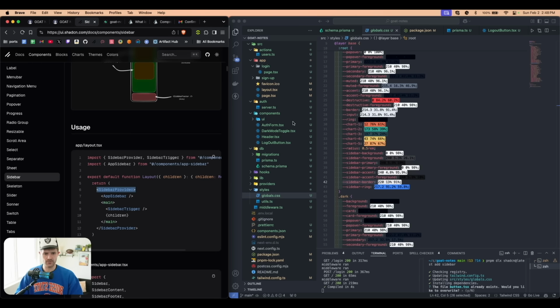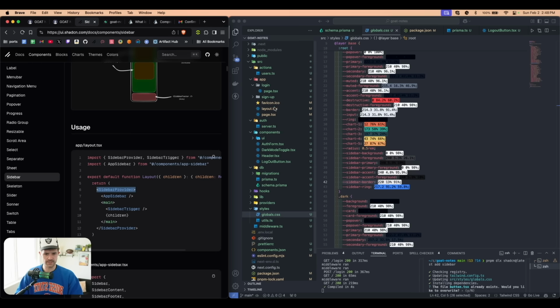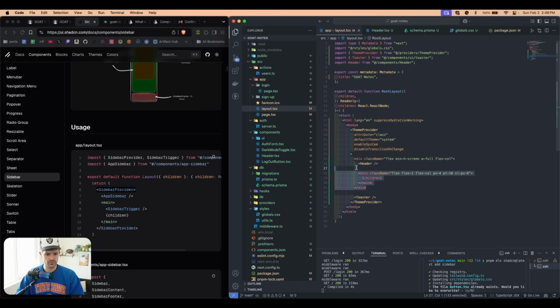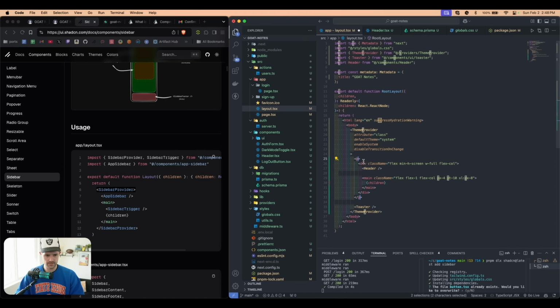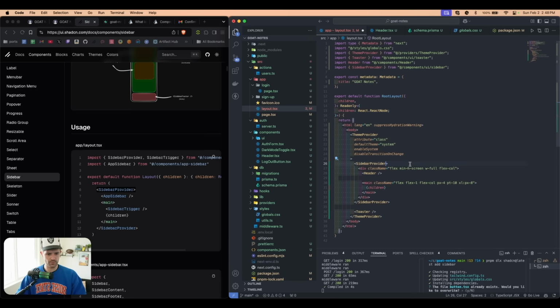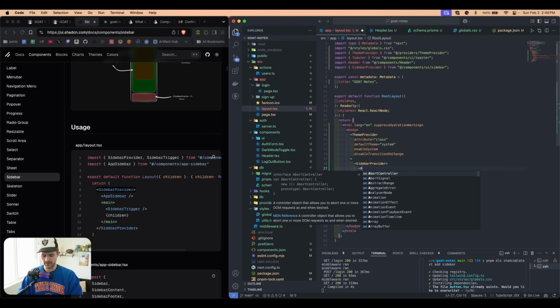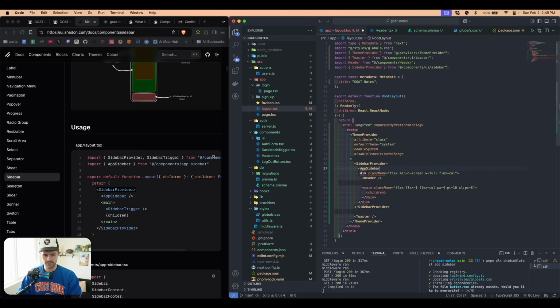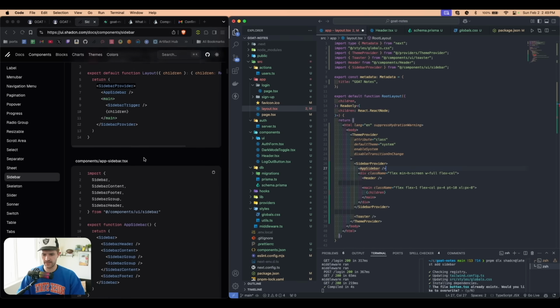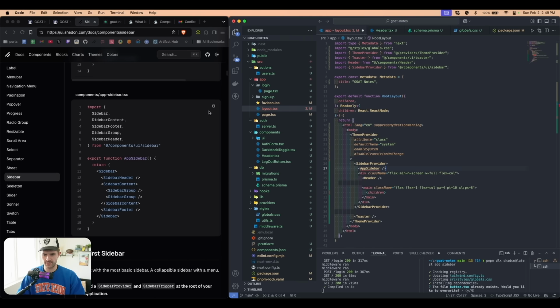We're going to go into our layout.tsx. We're going to wrap all of this in the sidebar provider. So we're going to import this, and then we're going to have something called app sidebar. And so we need to come back to this shadcn, and that's exactly what this is right here. So we're going to copy